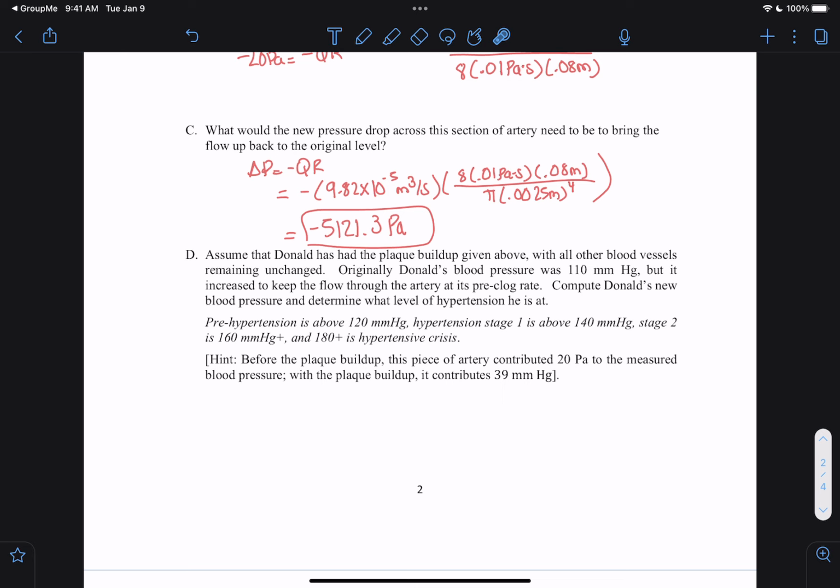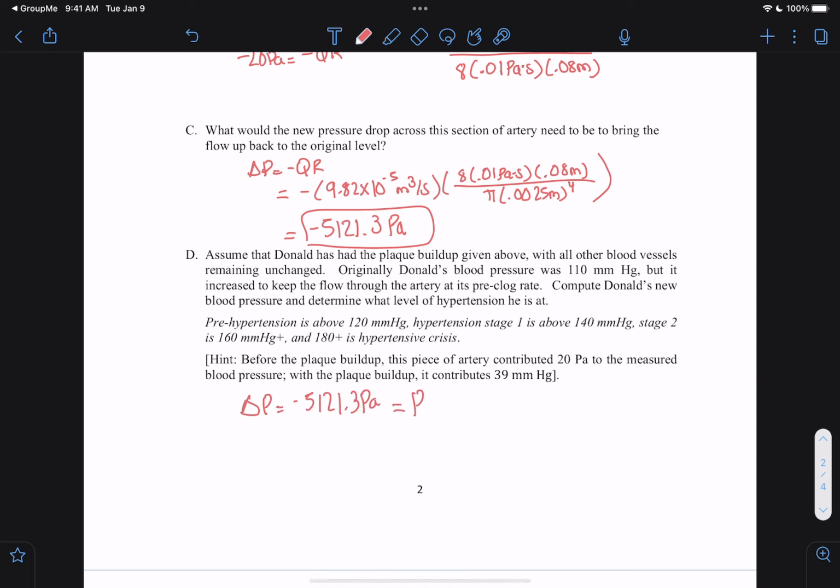So basically, trying to figure out this new blood pressure, determine what level of hypertension he's at. So we had the blood pressure drop, right, that we see here, that negative 5,121.3 pascals. That's our pressure drop that we see,